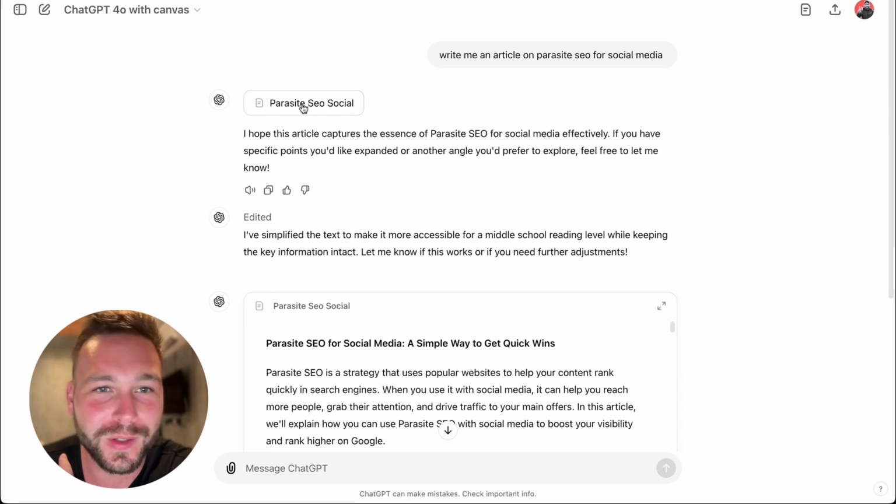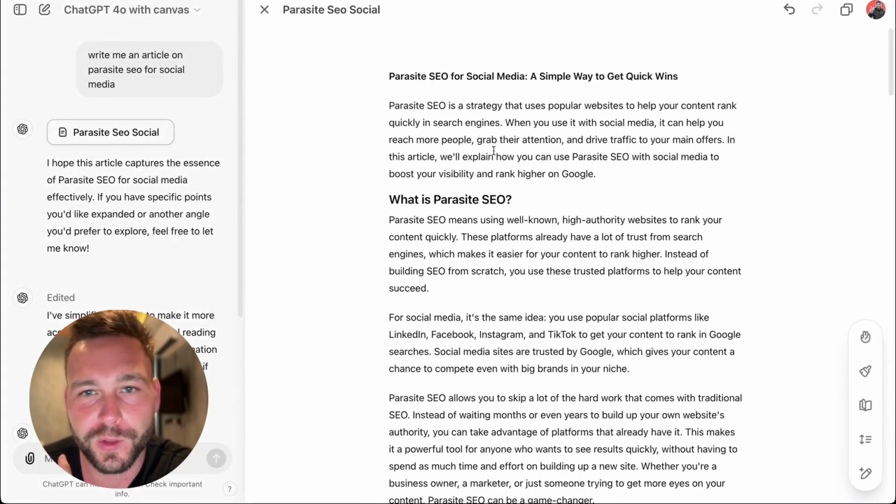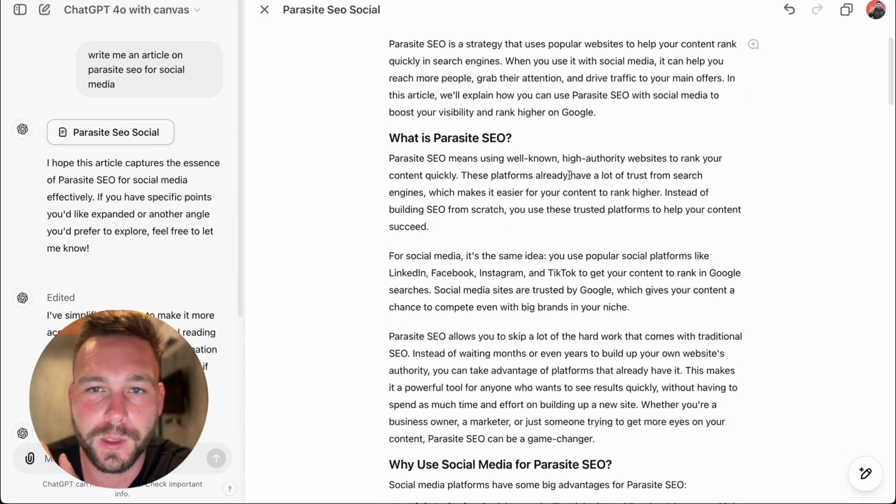So this was the prompt. I just asked it to write me an article on Parasite SEO for social media. And then this comes up. So this is the ChatGPT Canvas, and there's a few things you want to know in this new model, which